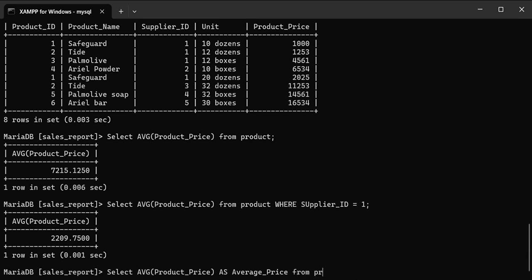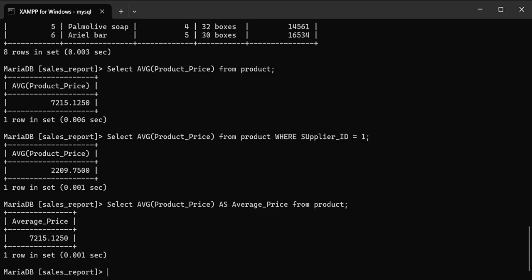So the average price will be the name of our output column, from the product table. So we have there the output table displayed the average price column containing the average values of the product price column.